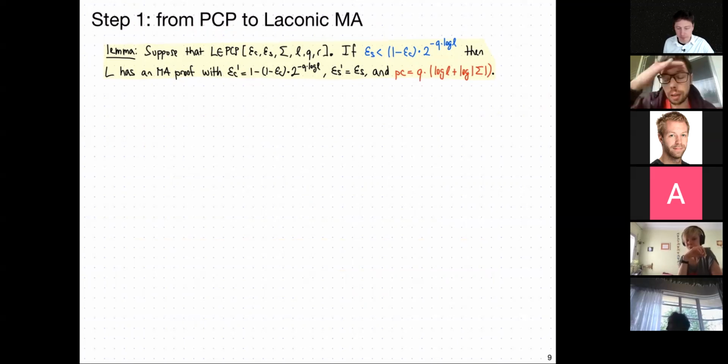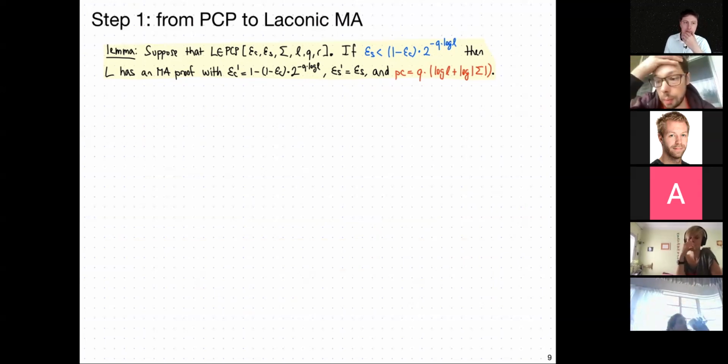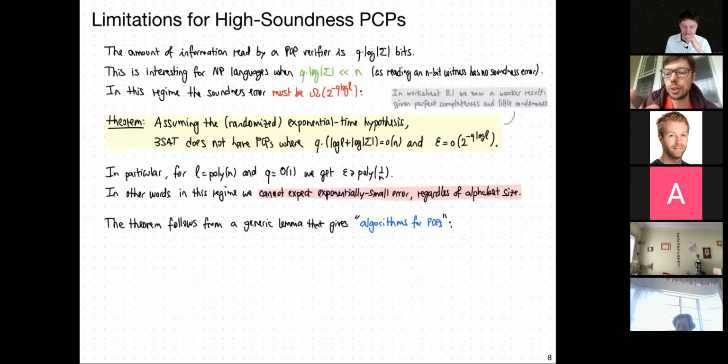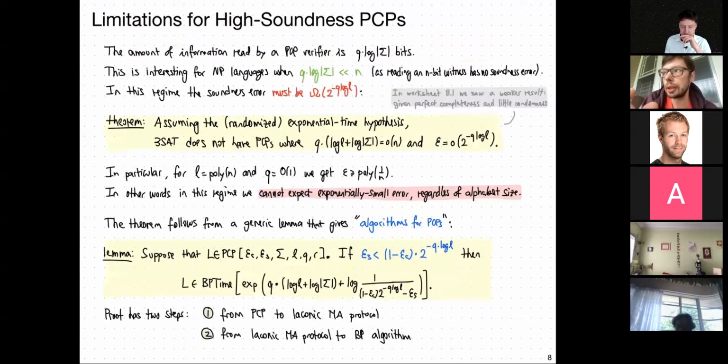Can I clarify? Basically, given the theorems that we are now proving, if we assume that BPP exp languages do exist, maybe not specifically 3SAT, but for example, then basically we have this lower bound, so then we know that this bound cannot be like 1 over super polynomial, not only like